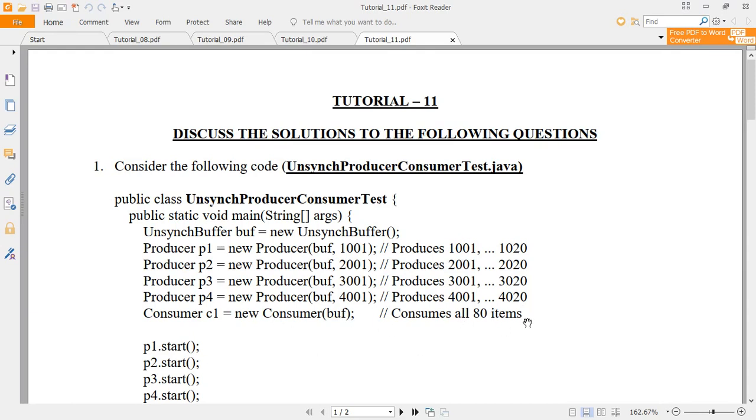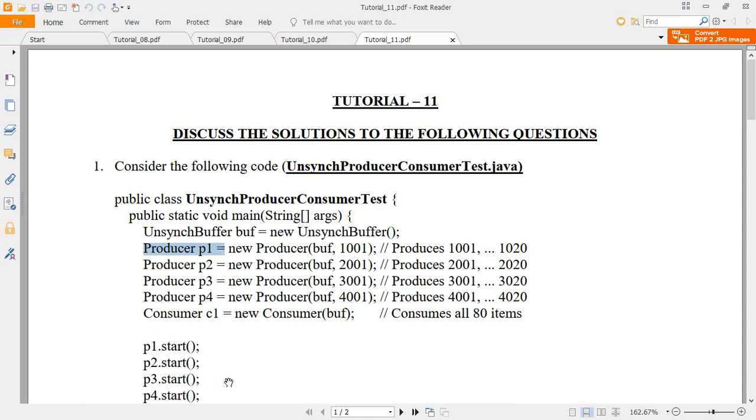In lectures 36 and 37 what we have seen is one producer but multiple consumers. That means one producer is producing a value and all the consumers have to consume that value. But here the sequence is completely different, quite the opposite of the topics that we discussed. Here multiple producers are there and one consumer is there.